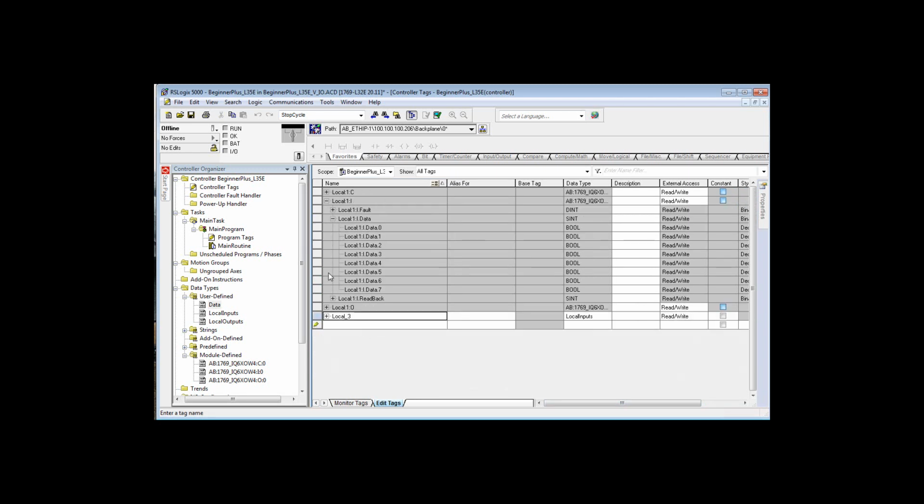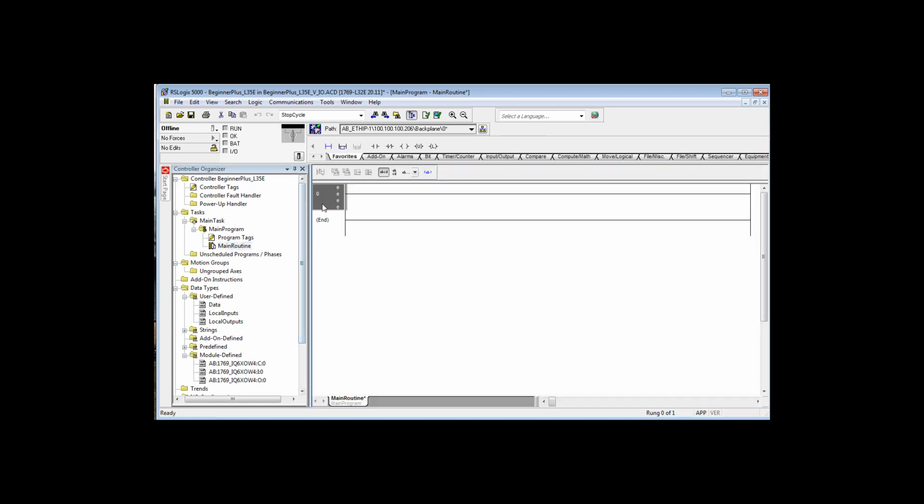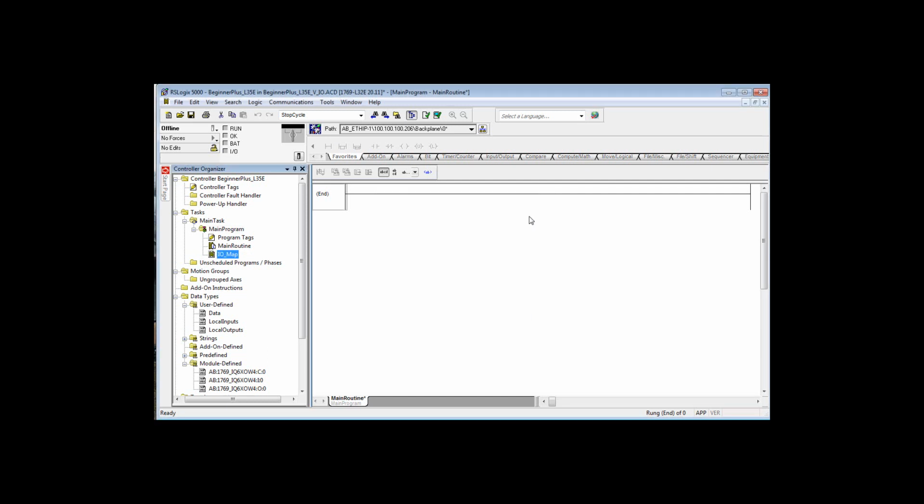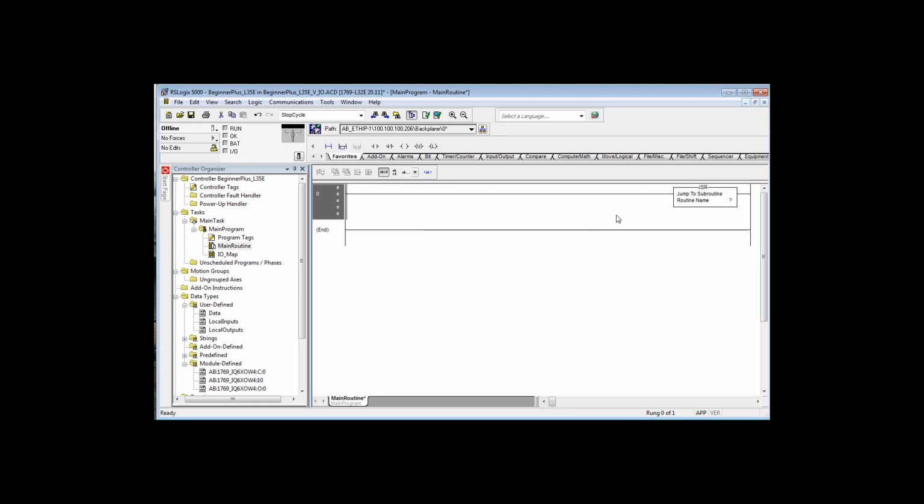I/O mapping is a little bit different. So I will go to the main routine. As a matter of fact, I think I will create another routine called I/O map. Now in the main routine, of course, you would have to have a JSR that went to I/O map. Otherwise it won't execute. So we go to I/O map,